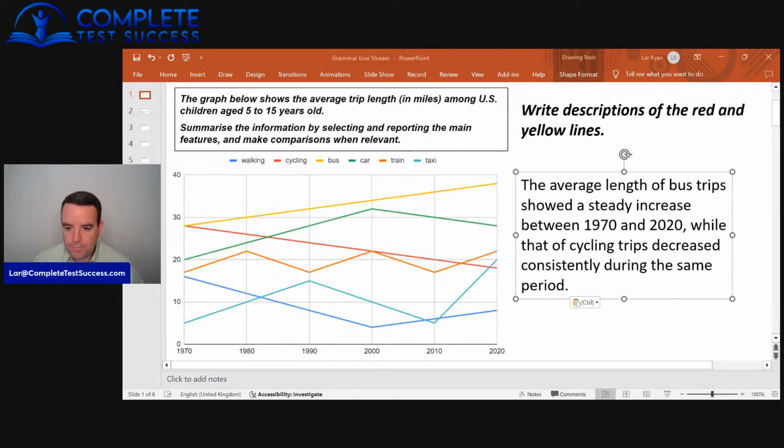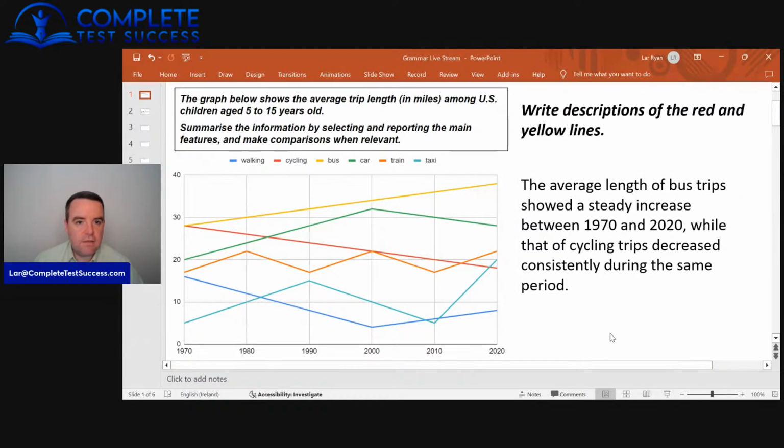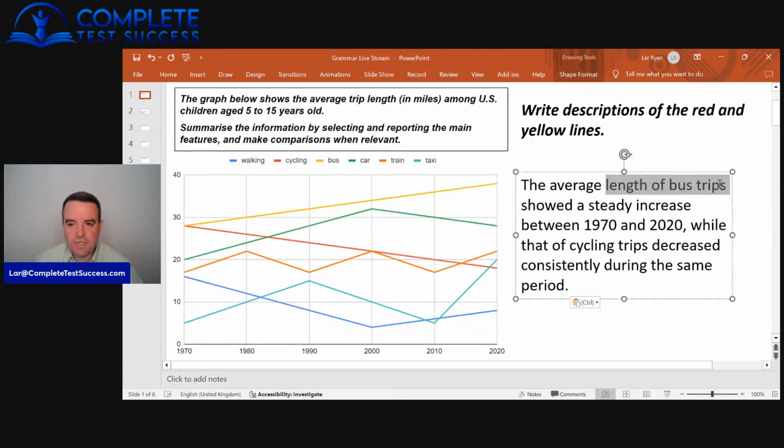Right. So what we have here, the average length of bus trips. The average trip length. The average length of bus trips. So "the length of bus trips" doesn't really work as a noun phrase. So it's the average trip length taken by bus, the average length of bus trips. It's not really how long the bus trips were, it's how far people traveled. So we need to change this, but this is more of a vocab mistake than a grammar mistake. The average length of maybe trips taken by bus